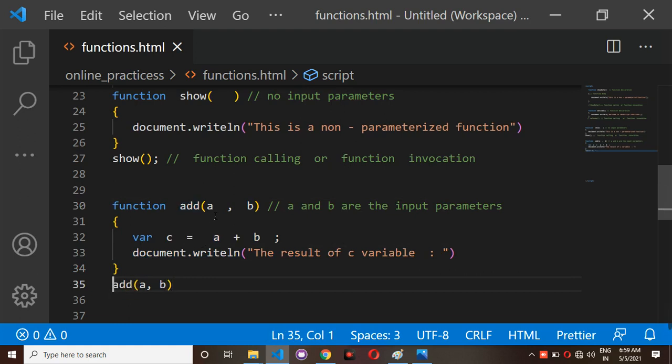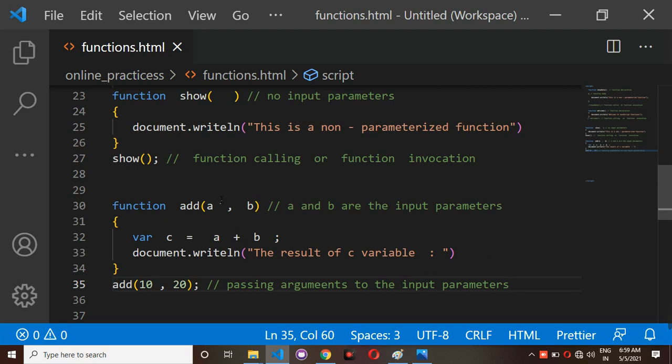Observe here, a is the input parameter. For that I am passing 10 as the value, and for b I am passing 20 as the value. This is nothing but passing the arguments. What is the meaning of this? Passing arguments to the input parameters.